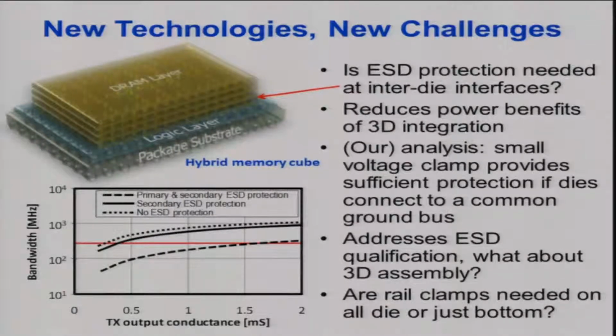And what we're looking at is the channel bandwidth as a function of the transmitter output conductance. This is completely equivalent to the transmitter power. 3 cases. Case 1, no ESD protection at those inter-die signal interfaces. This case, small ESD protection, small voltage clamps, what we call secondary ESD protection. And in this case, we just deploy the same type of ESD protection circuit we would use at an external peripheral I/O. So what this red line shows is the 266 megahertz bandwidth requirement or target bandwidth for wide I/O